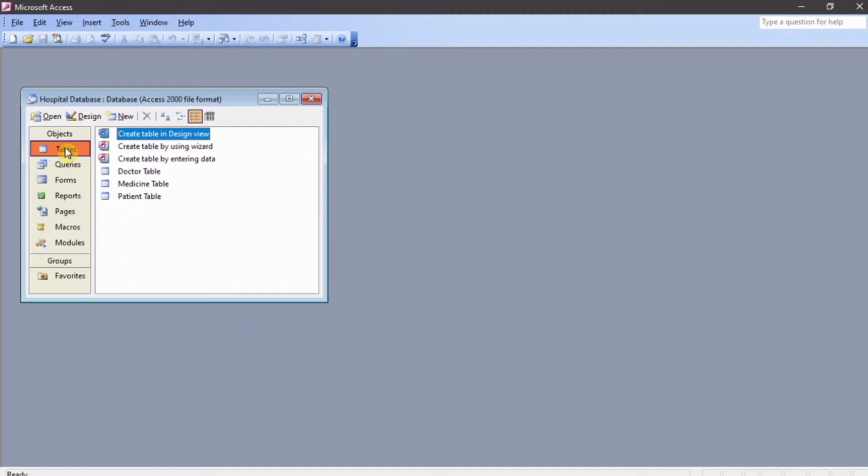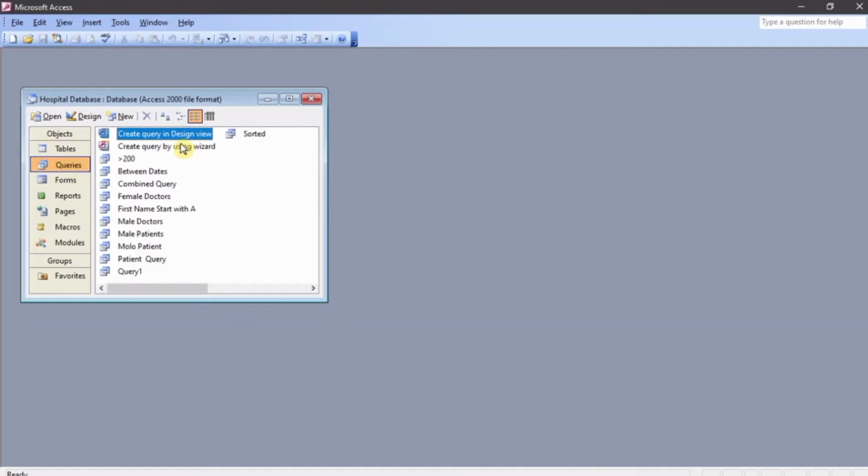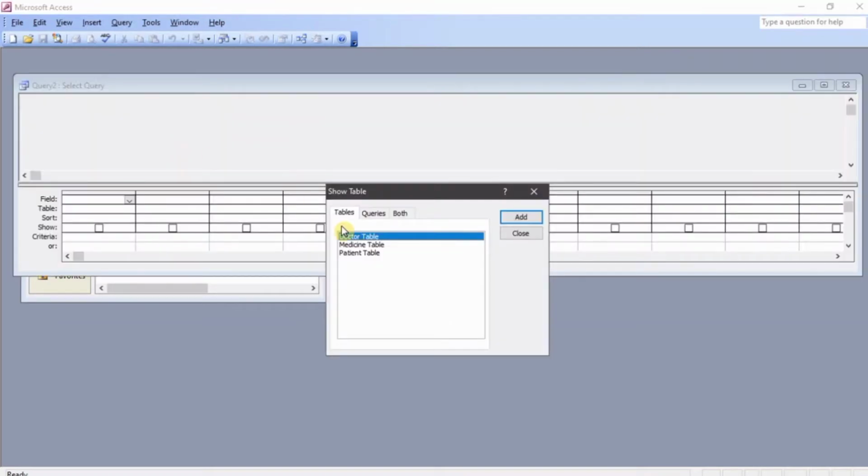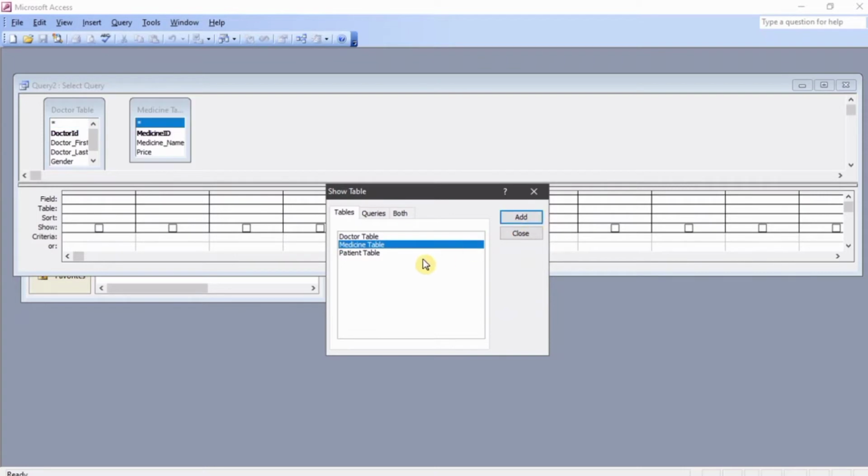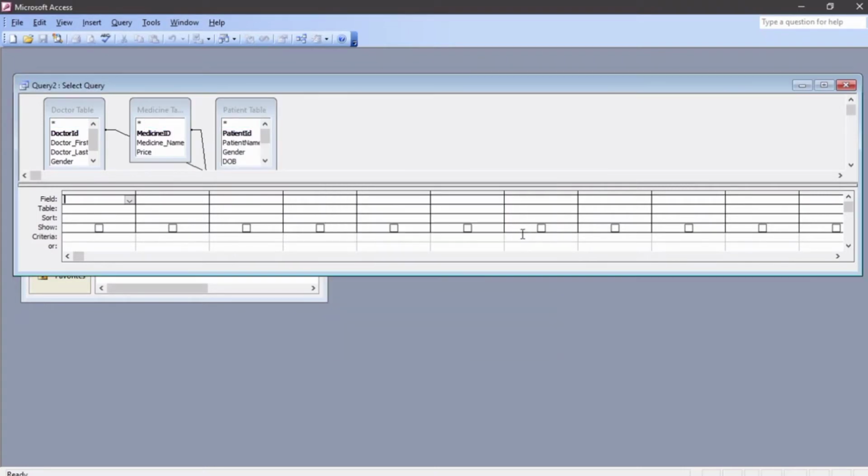Now we are going to create a query first, and we are going to use a query design view, and we want doctor, medicine, and patient. And we are going to say this doctor treated this patient and gave that patient this medicine. And then we are going to sort using doctor's first name,